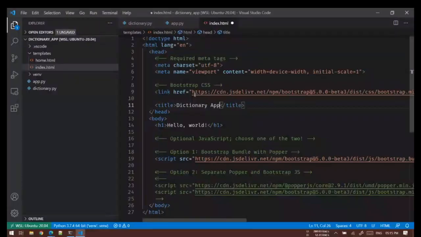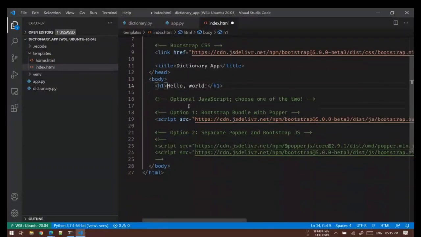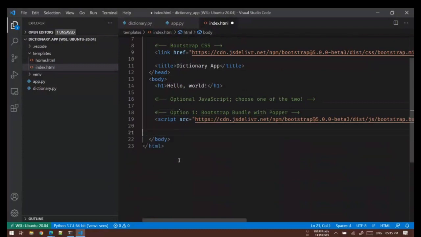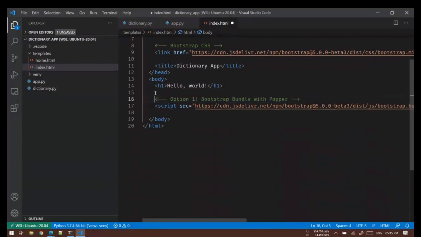The title is something that you see here at the top. So I'll say dictionary app, then here h1 hello world, and then optional JavaScript, choose one of the two. This is option 1 and option 2. I'll simply remove this because it's all optional, and now when we don't have two options, I can remove this and make this comment shorter.